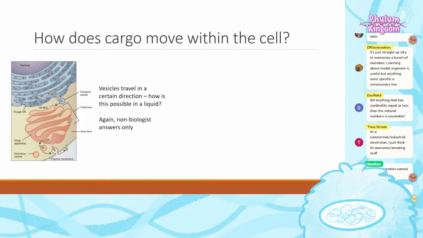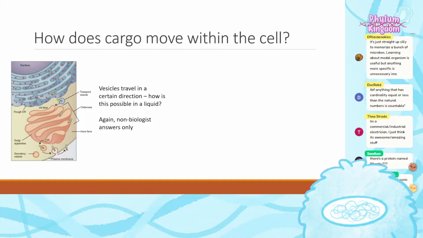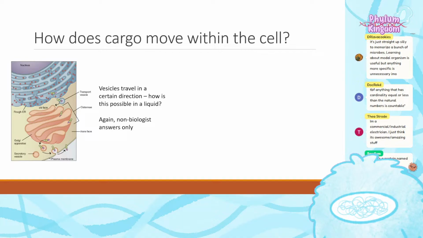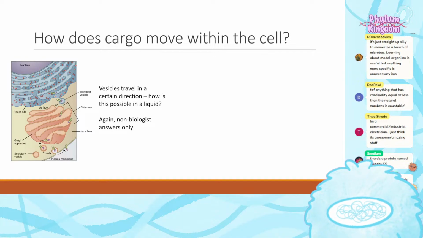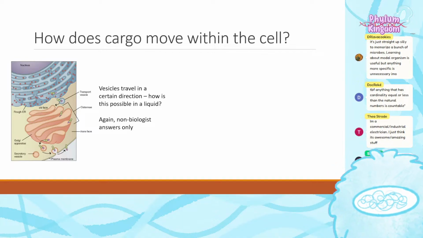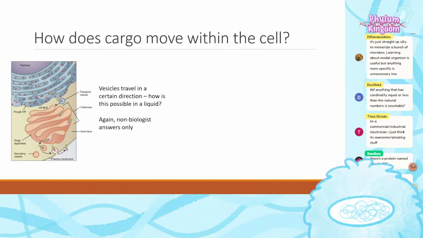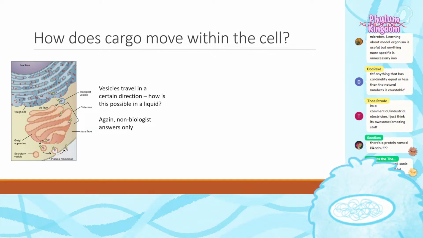Again, in a broad sense, in a mammalian eukaryotic cell. And again, non-biologists, I'll take your answers. If you're a biologist, you might already know the answer. And I'll go ahead and take the opportunity to catch up on some chat, while the non-biologists hypothesize how the system might work, the fact that there is controlled directional mobility.